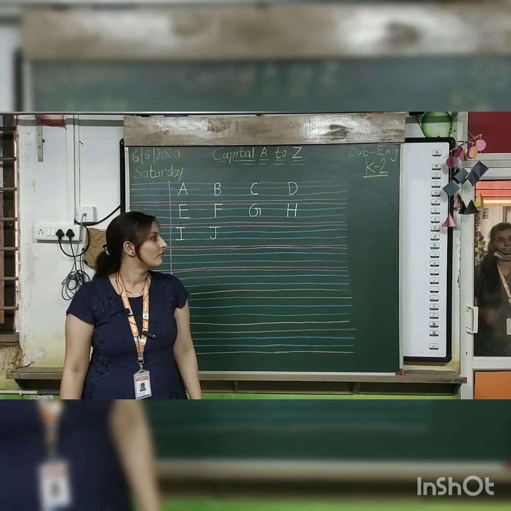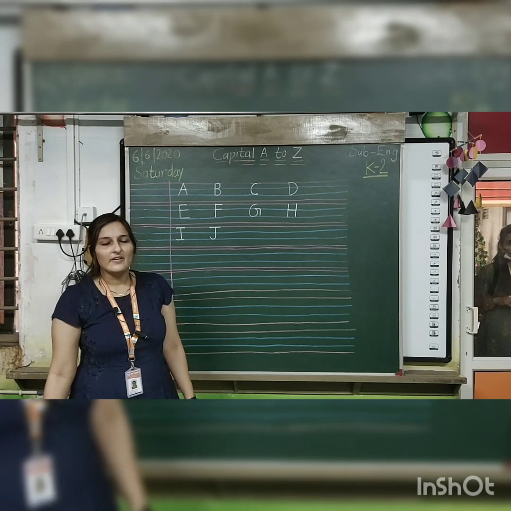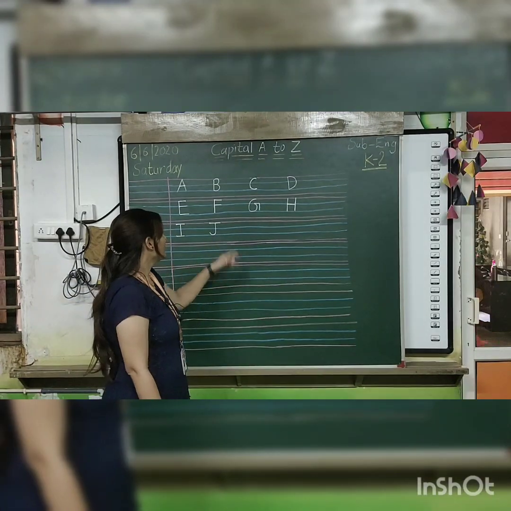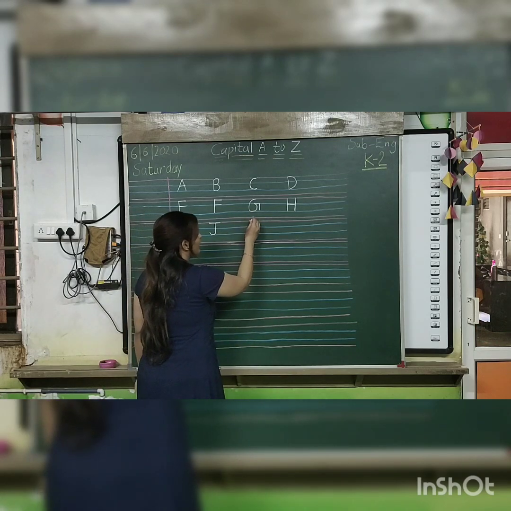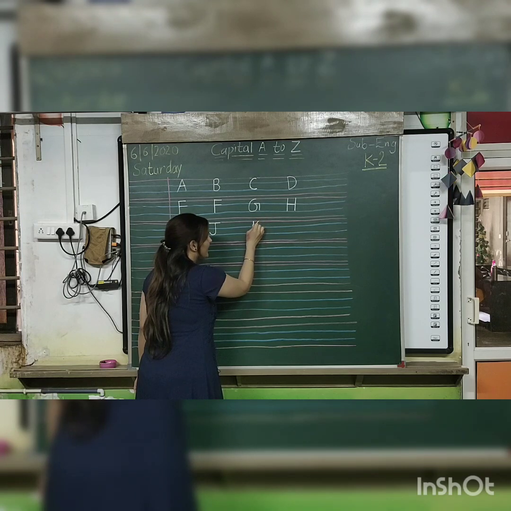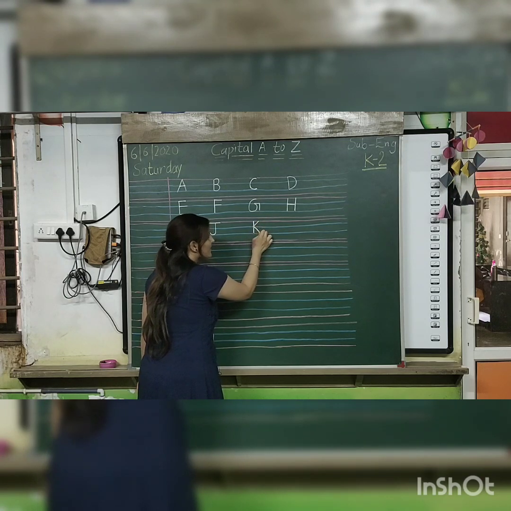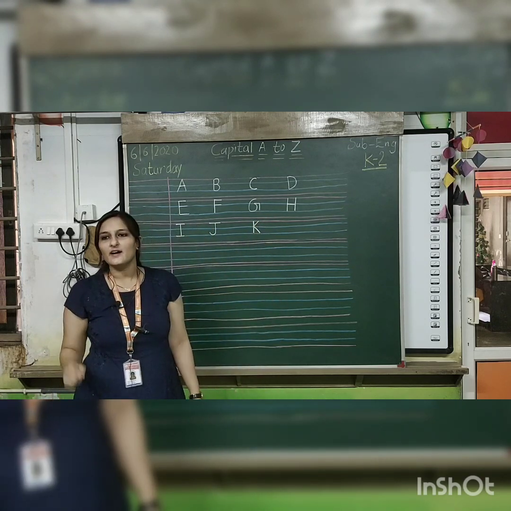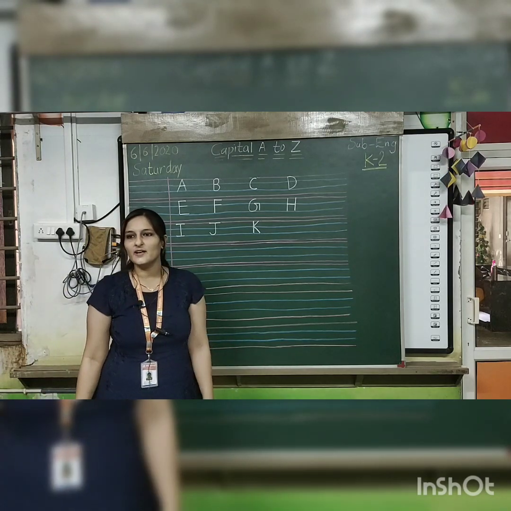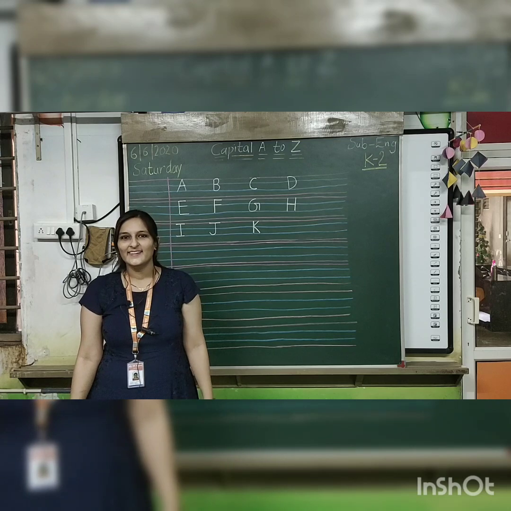In jug, what is there? Your mama will serve water, sometimes juice when we are all together. Leave 2 finger space, then write K. Standing, slanting. K for kite. K. Who flies kite? Children, are you interested?